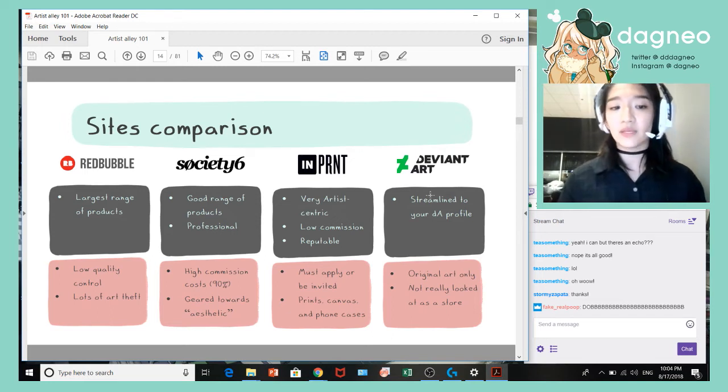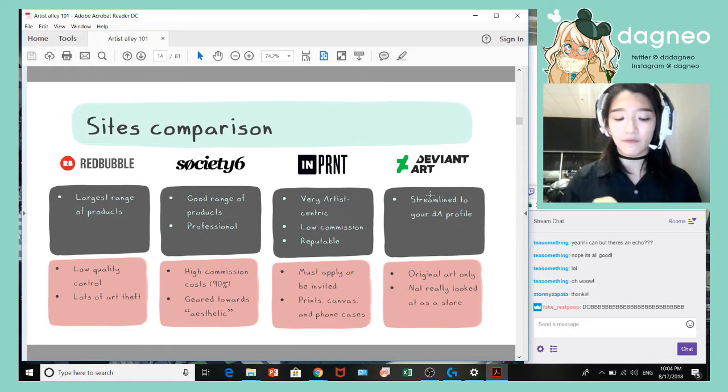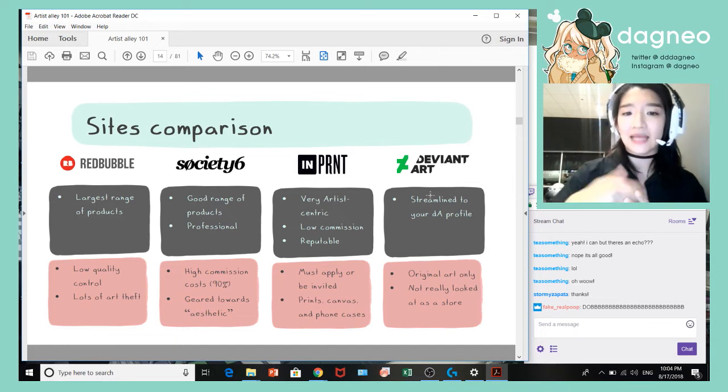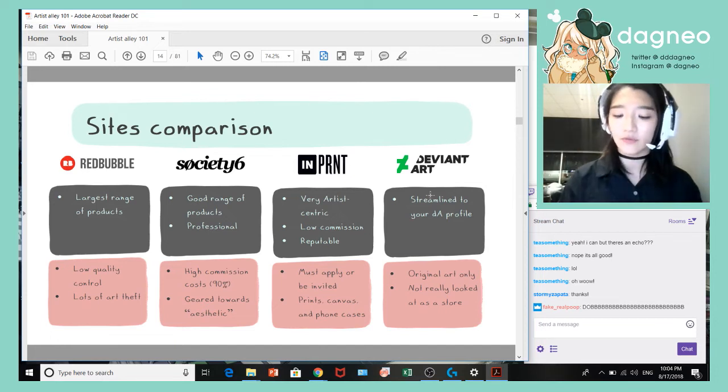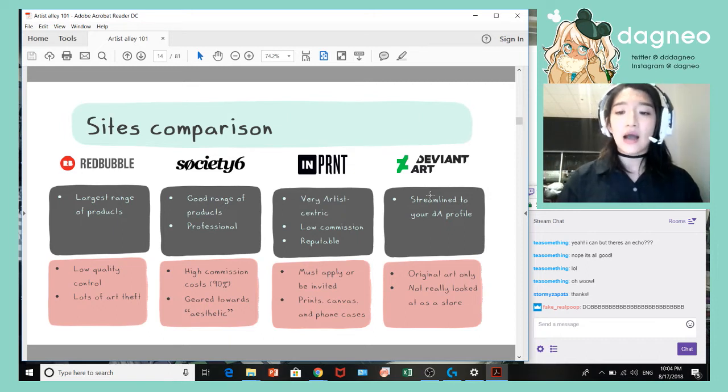which is amazing if you compare it to something like Society 6, where if I sold something that was $20, I would only get $2 out of it. The last thing I think that it has going for it is that it is very reputable. And I think it's because of these last 2 points that I mentioned, that they have low commission cost and they're very artist centric. But there's a lot of really big name, high profile illustrators and artists that sell their